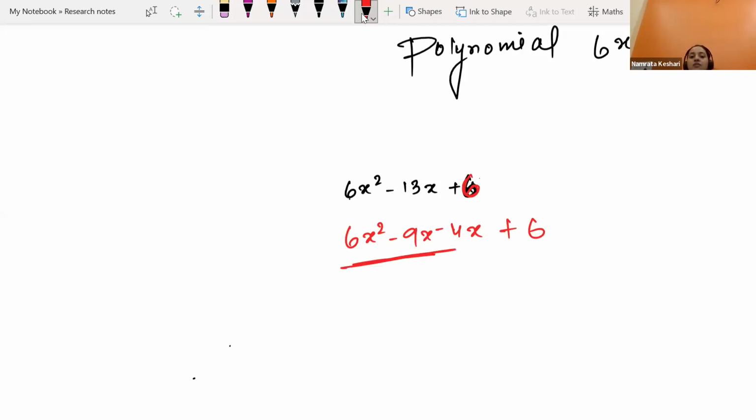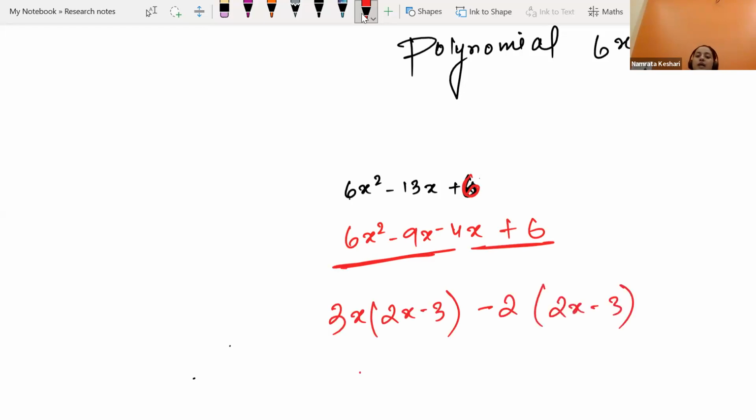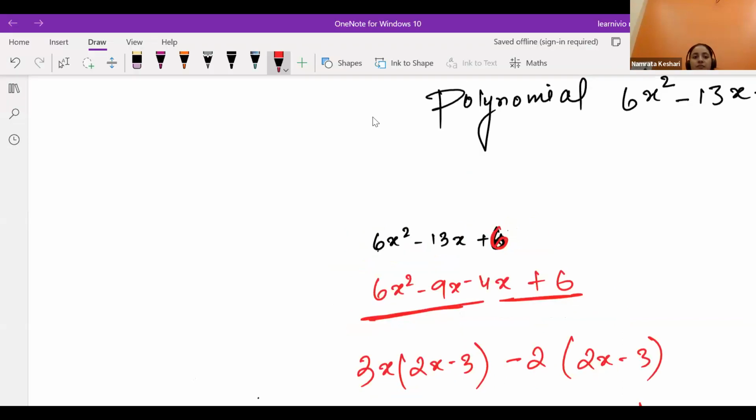Now the common factor from the first two terms is 3x. 3 times 2 is 6, 3 times 3 is 9. And from the next two, minus 2. So 2x minus 3 and 3x minus 2. Yes, we got the x values. The first x value is 3 by 2, next is 2 by 3. These are the two zeros. Yes or no? Yes, ma'am. Okay, so